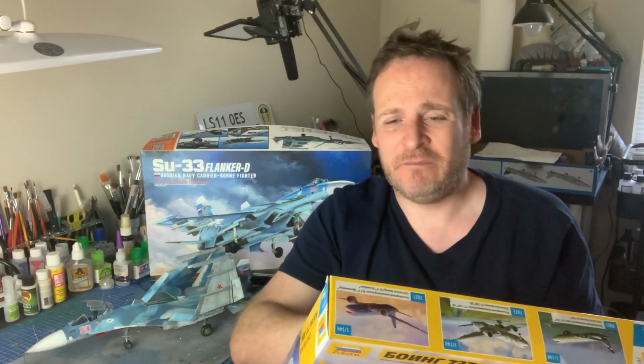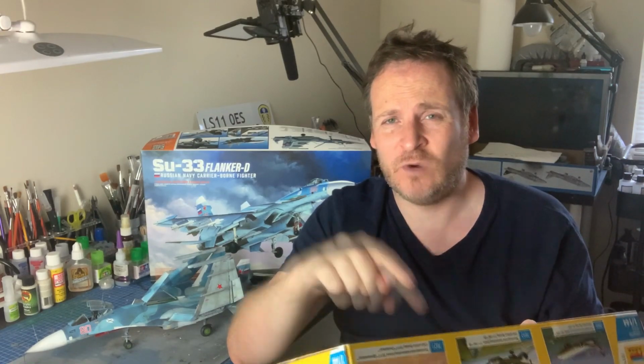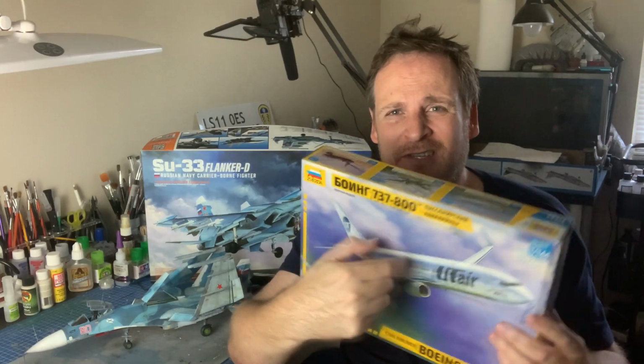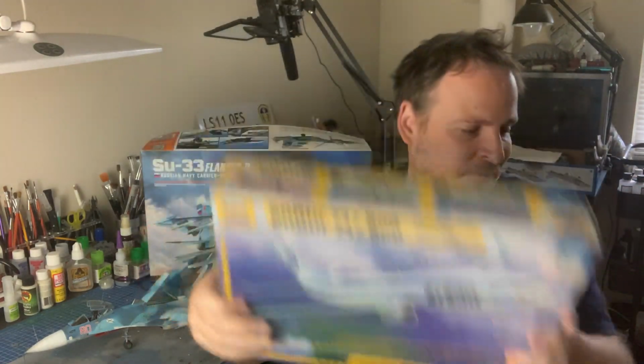So it's going to work beautifully, nice plastic, and it goes together really well. You do have windows for these, whereas Revell, I think, are just empty holes. But nevertheless, I still like to fill my holes and just use decals for the windows. That's my personal preference. But the 737,